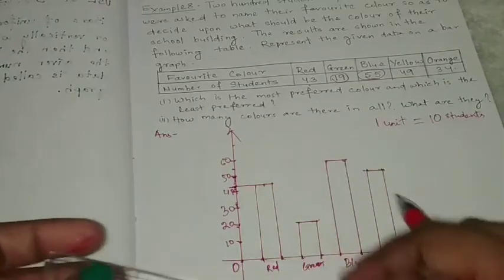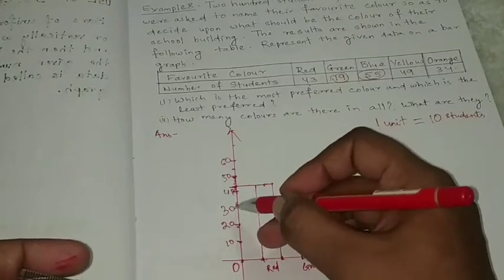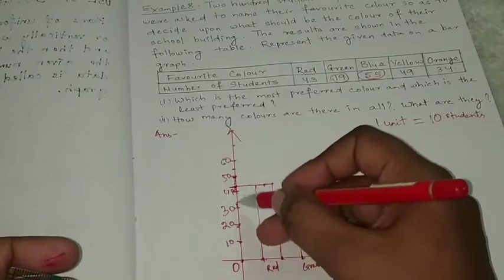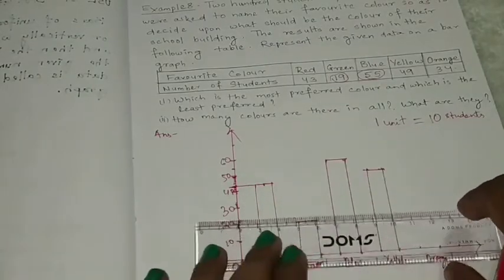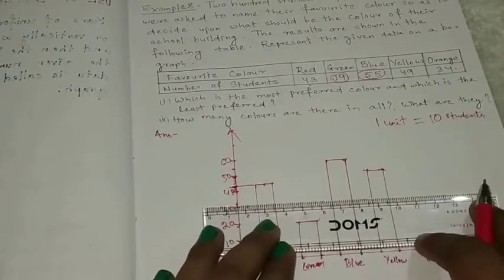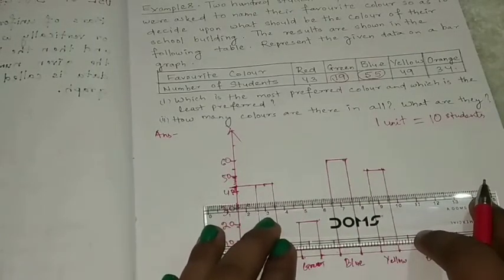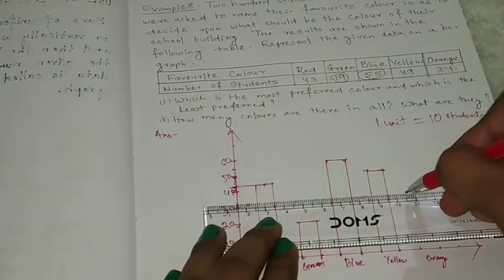In graph paper, you can easily find the divisions between 30 to 40, because 1 unit is divided into 10 divisions. So you can equally find that one. But here I am doing it on blank paper, so I have to mark by myself. Okay, so take 1, 2, 3, 4, then mark it.